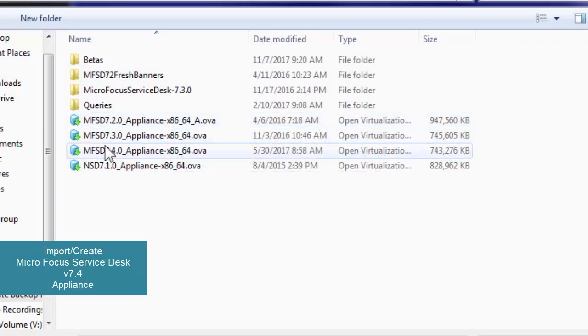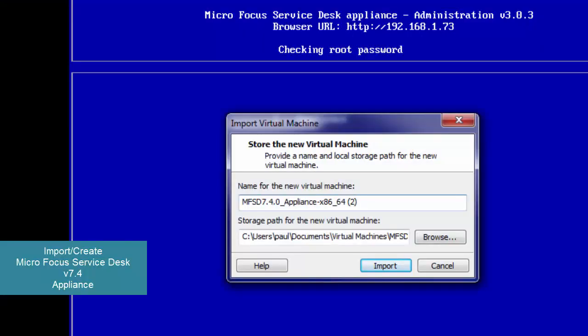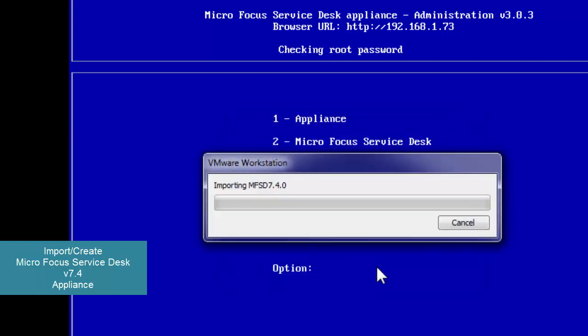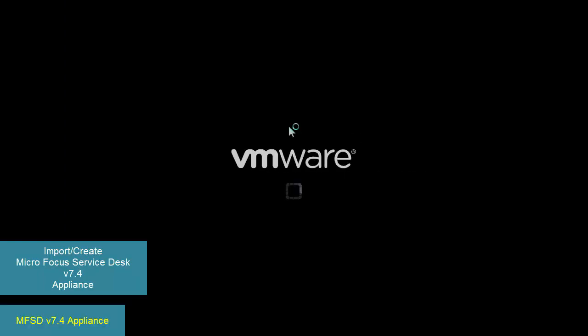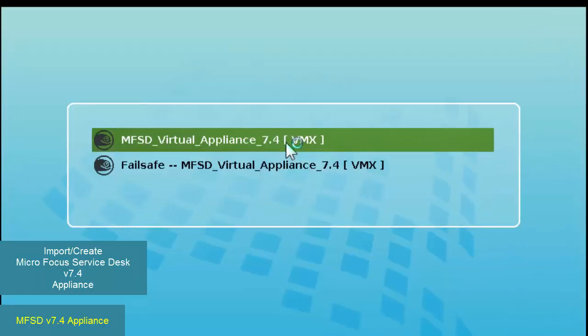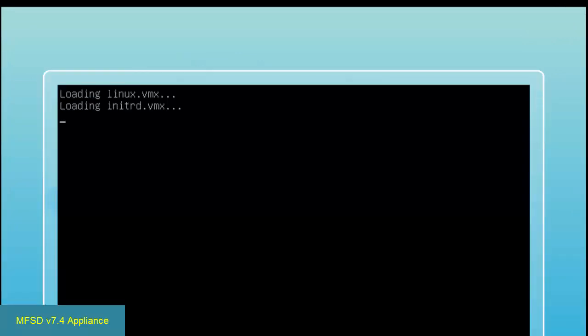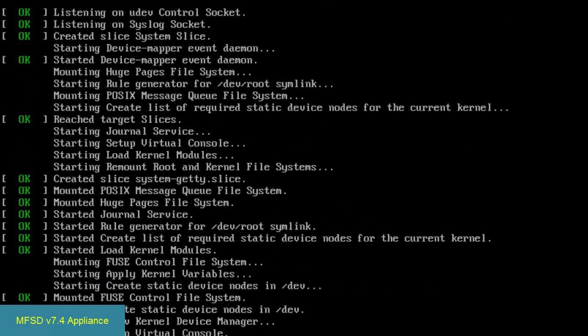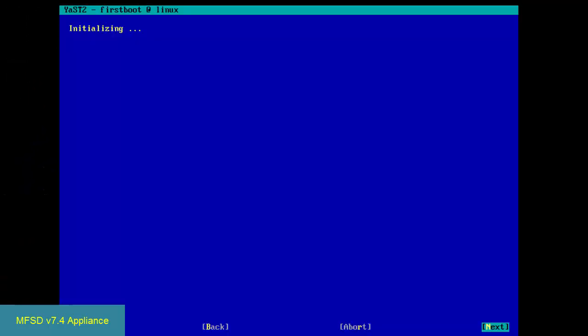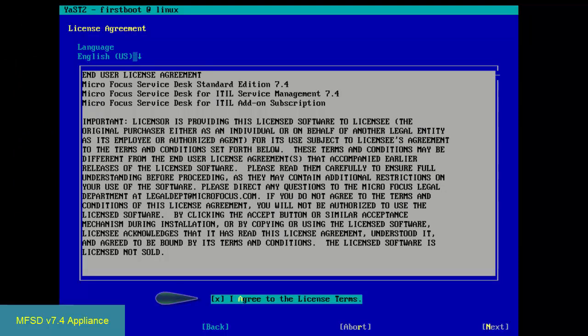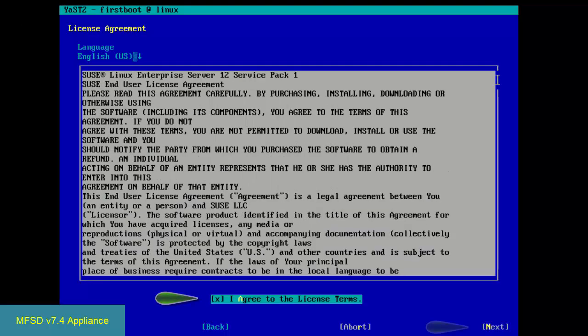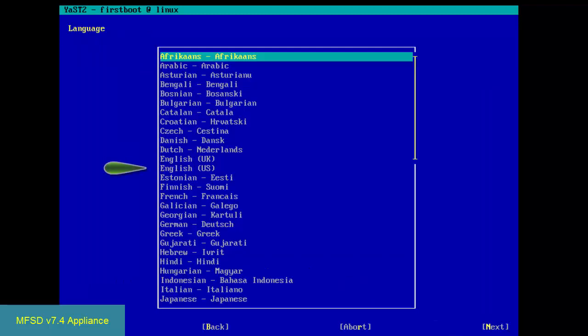Let's go ahead and bring in the 7.4 OVA. Okay, that's downloaded. Let's go ahead and start it up. We'll go through a normal install of the 7.4 for the OS, and then when we do the migration, the identity of the version 7.3 will come over to the version 7.4. Agree to the service desk license agreement and then the OS license agreement, and we'll pick our language and then our keyboard,